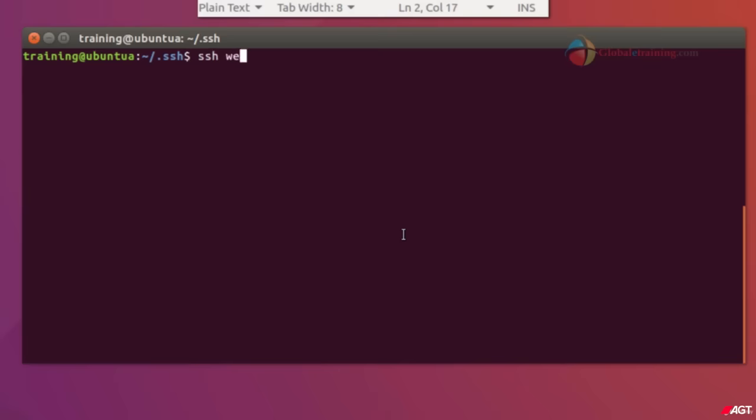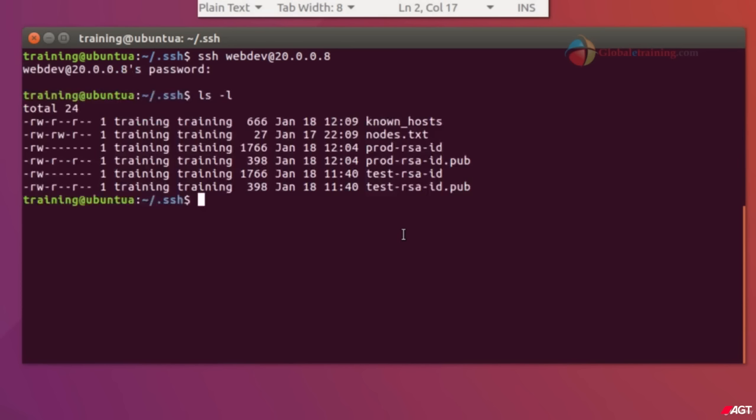Now let us try to connect. ssh webdev at .8. It's asking for the password because, as I mentioned before, SSH by default looks for a key with the name id_rsa. I think it's id underscore rsa.pub. Since we are using our custom name, you have to tell SSH to use a specific file,